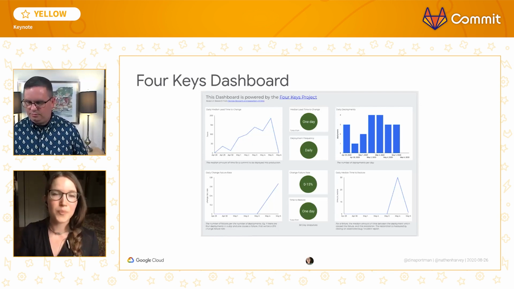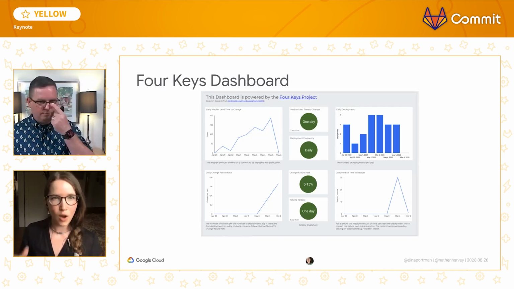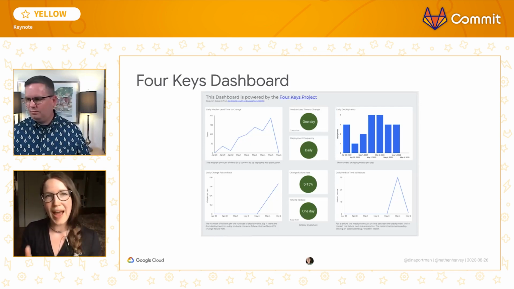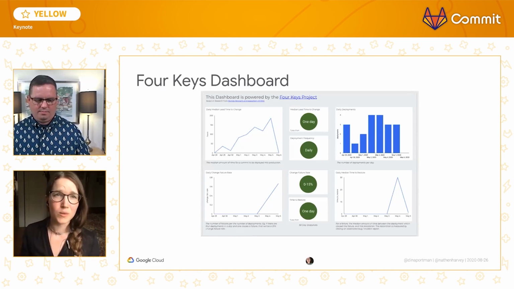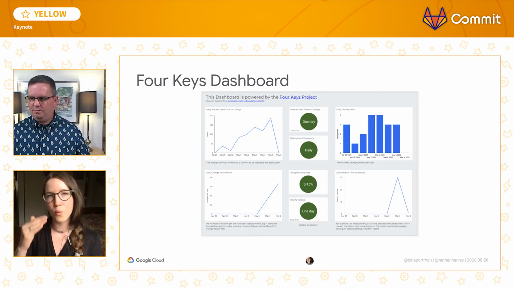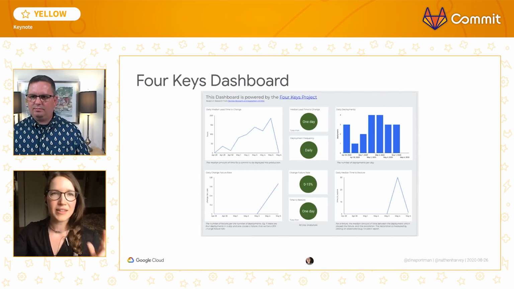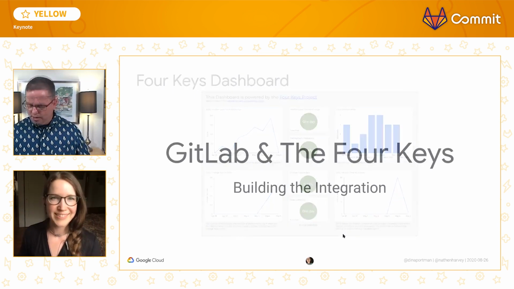In the middle there, where it says 1 day, daily, 0 to 50%, all those little badges, that is the DORA research there. And those are the buckets, and those look at 90-day performance. So it could take several weeks, maybe even a month to change from one colored bucket to another, which is why having these early warning systems, these charts here, is useful.